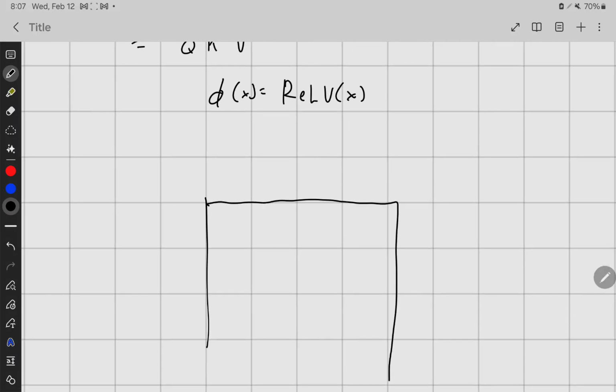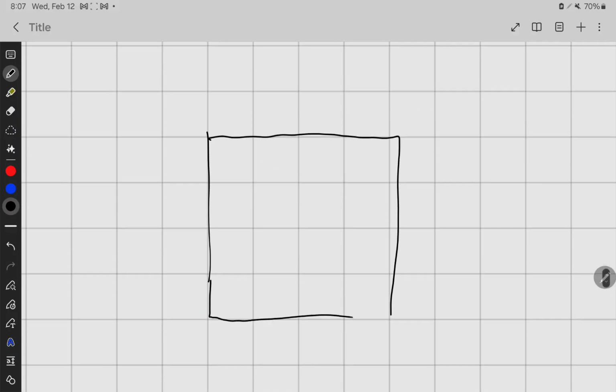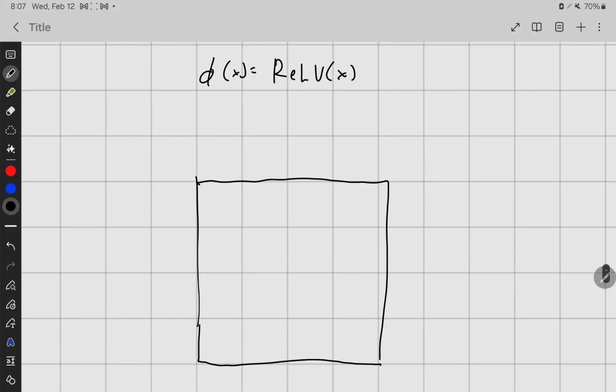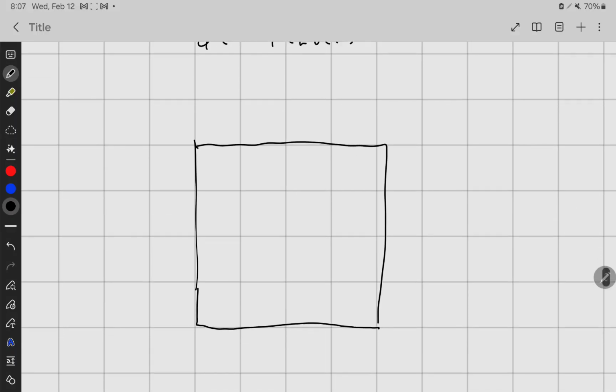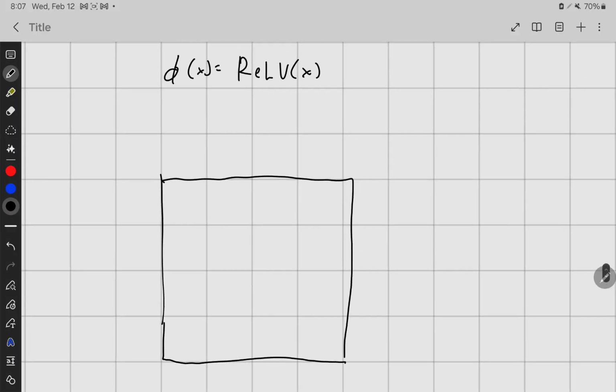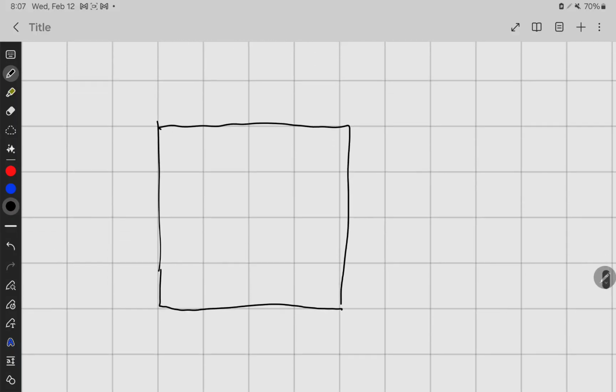So if we have our matrix here, and I'm not going to talk about causal right now. I'm going to talk about bidirectional because it's easier. If you make it causal, you run into problems, and I'll talk about that, but it's annoying whenever you make it causal. So we're going to talk about bidirectional, and basically we can look at this inner product matrix, the quadratic matrix that you see, because it's easy to visualize that,